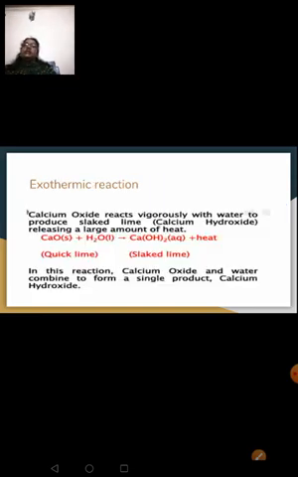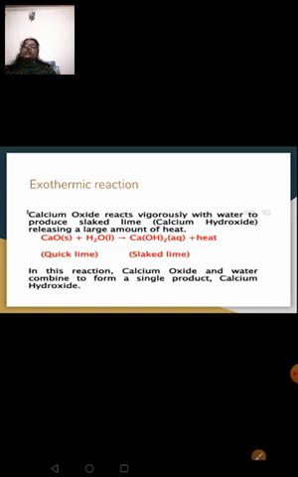Next, exothermic reaction. A reaction in which heat is given out is what is called your exothermic reaction. I have given an example. Your calcium oxide combines with water to give you calcium hydroxide and liberates heat. You remember the activity was also shown in that video. When you touch the sides of the beaker, you will feel it warm, because the heat is getting evolved there, right? So when the heat is given out, we call it an exothermic reaction.